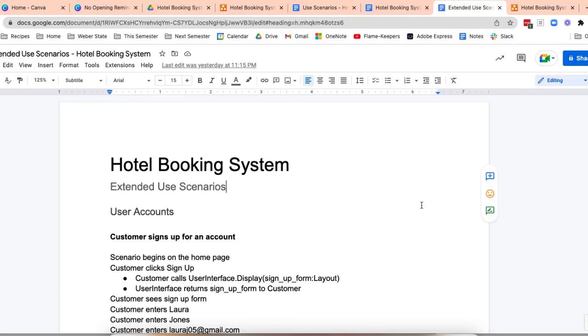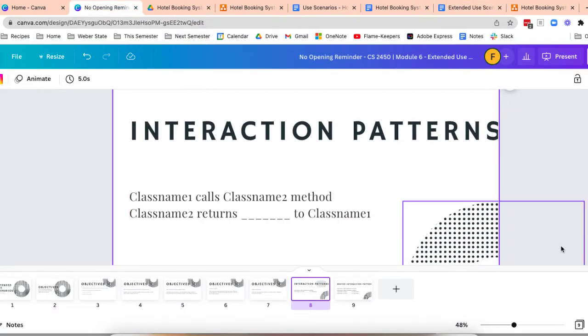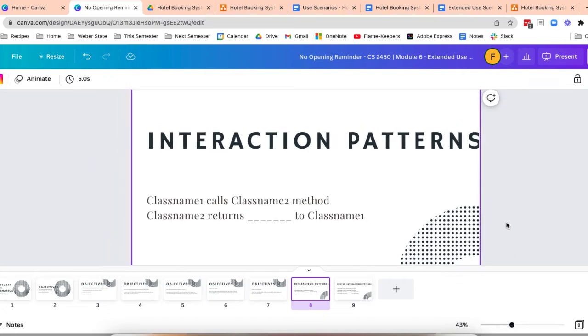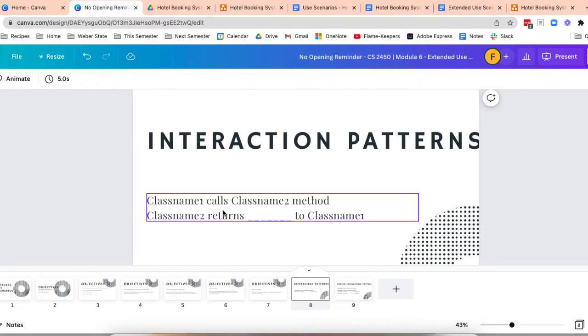Right, now that we've seen the common patterns to look for in our use scenarios, let's look at common patterns in our extended use scenarios or in our system. So I'm going to open this up really quickly and we're going to look at some of these interaction patterns. In our extended use scenarios, we're going to be making calls between classes, and we're going to see these